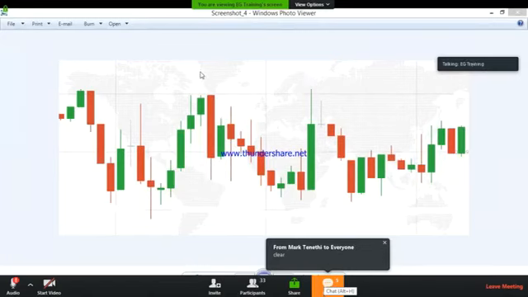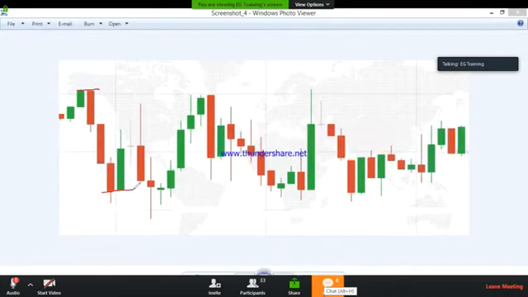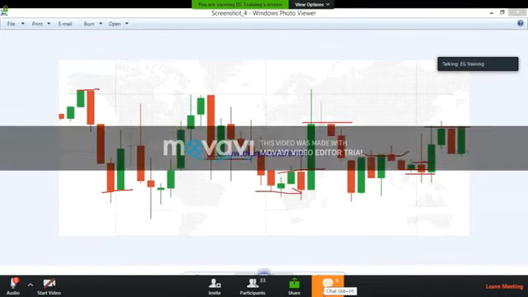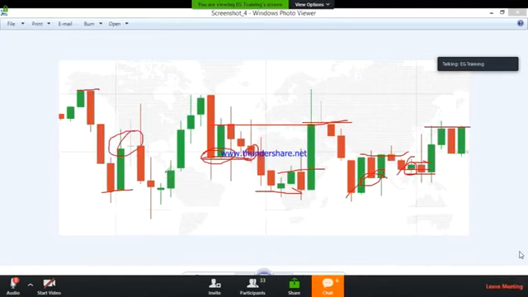So here these are all support and resistance levels, but we don't know which level the market will respect. This is also a support level, this is also a support level, and these are resistance. Here the market didn't respect this buyer's entry, and here it respected, and here it didn't, here also. So sometimes the market will respect, sometimes it doesn't. We don't know exactly where the market will respect.